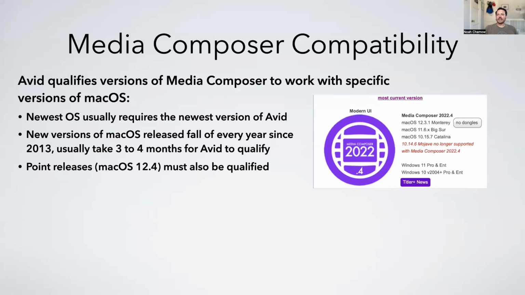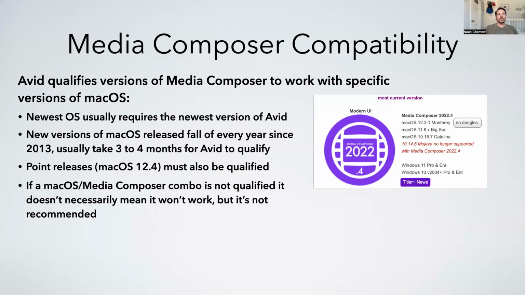It doesn't mean that you can't install Media Composer on your system. It just means that Avid hasn't tested that version of Media Composer with that version of the OS, so there may be problems. So if a macOS and Media Composer combo is not qualified, as I said before, it doesn't necessarily mean it won't work, but it means that it's not recommended. So Avid either has not qualified it yet, or doesn't plan on qualifying it if it's an older operating system. All right, so